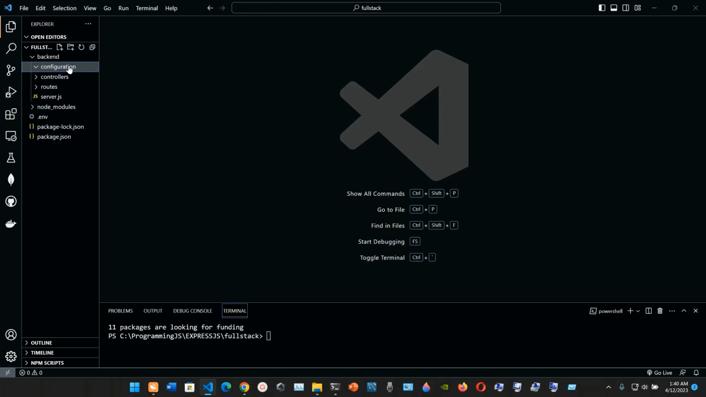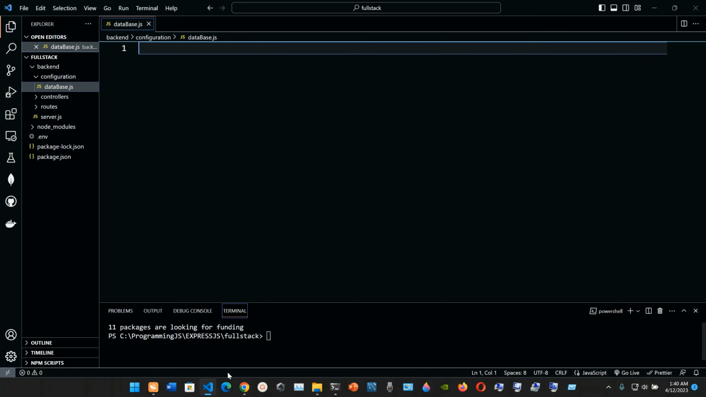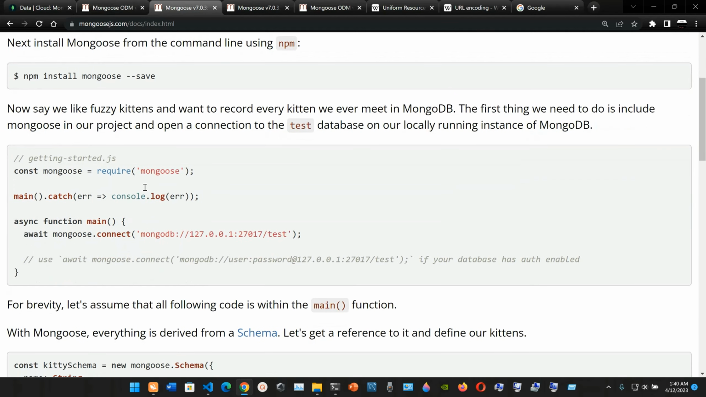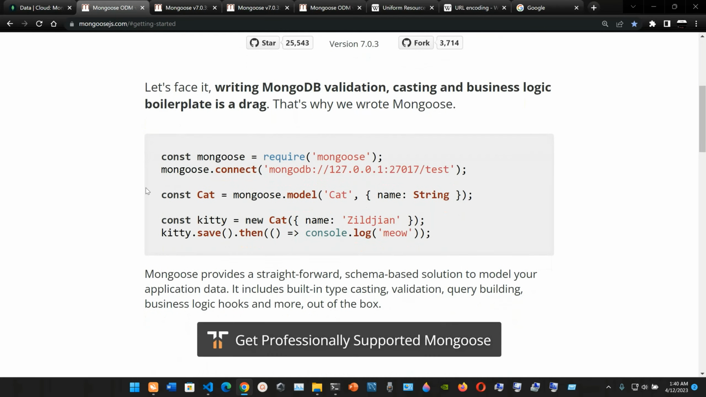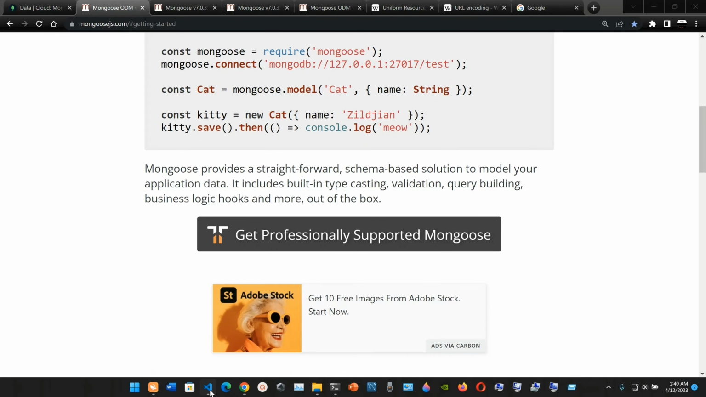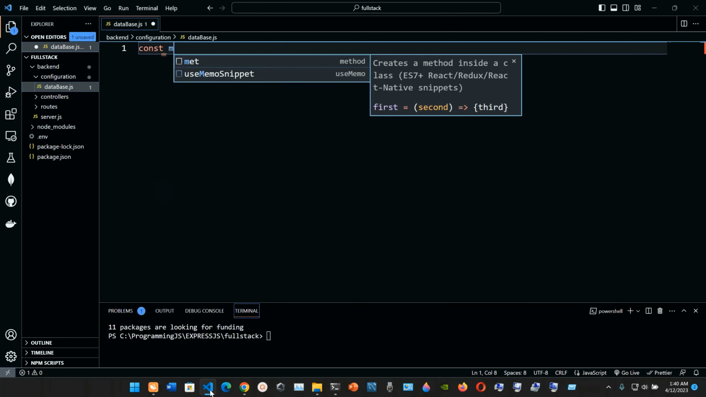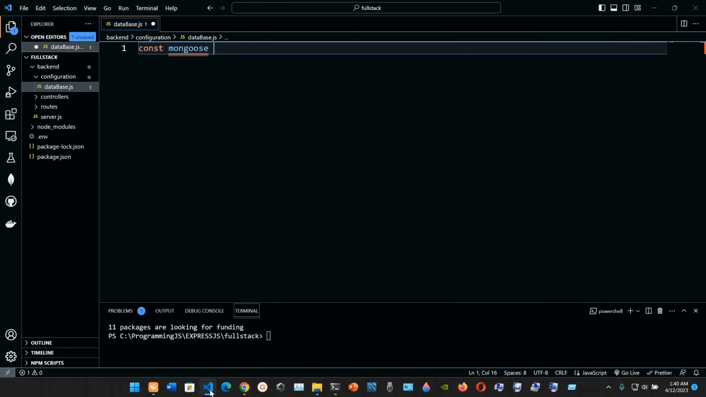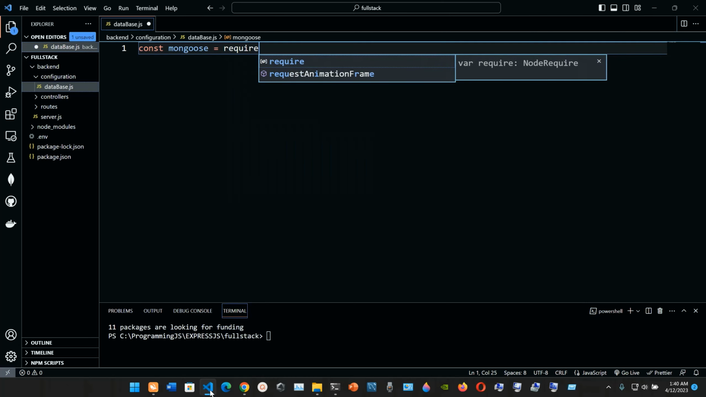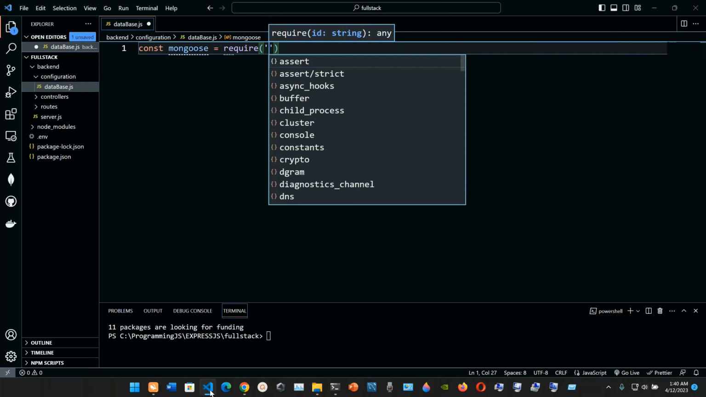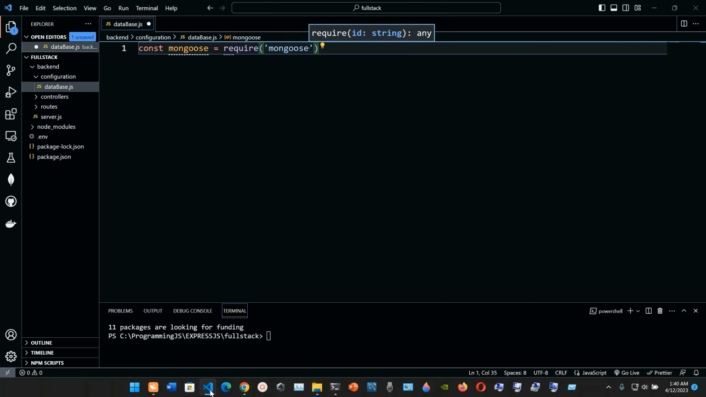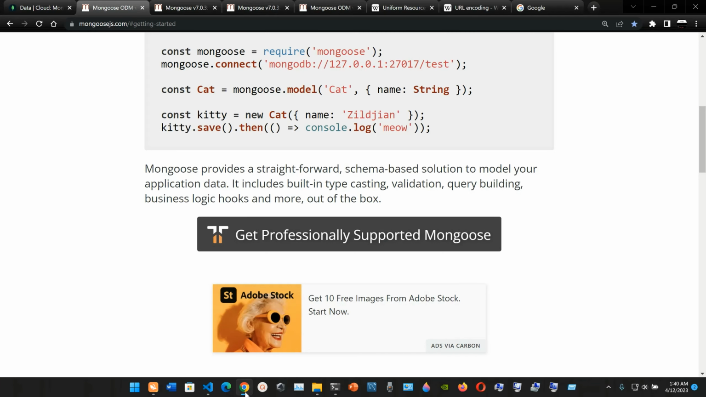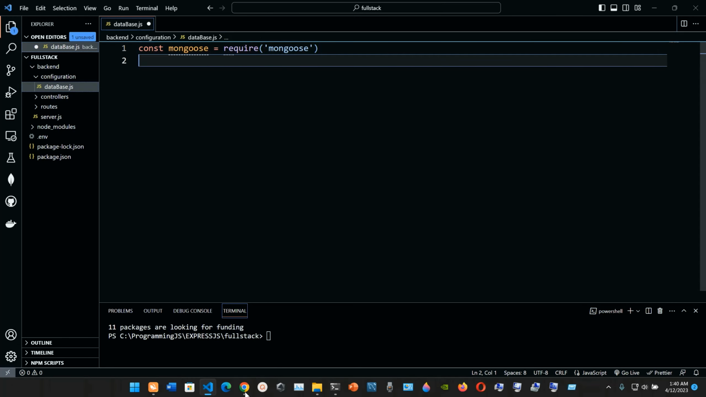And in the configuration folder, I'm gonna create a file named database.js, and I'm gonna bring in Mongoose. And you do that, let me see, we have it right here. So we're gonna bring Mongoose, and you just do it const mongoose equal sign, and we're gonna require it, inside single quotes. It's gonna be mongoose, like that. Let me see, require mongoose. Okay,